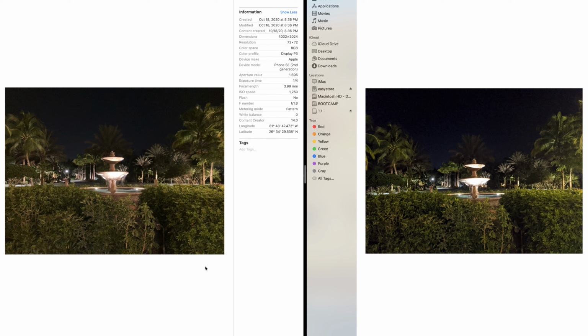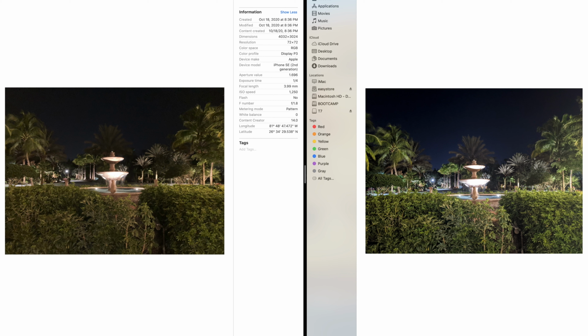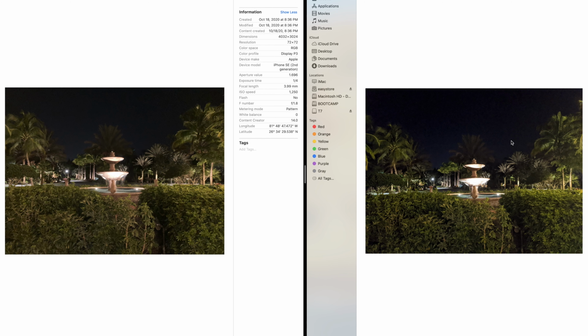This, however, should be a no-brainer if you're deciding between which phone to buy. The iPhone SE 2020, like I said, you only have one camera mode. You do have a portrait mode, but there is no long exposure mode like you get on the Pixel 4a. You can tell that the Pixel 4a is a night shot by actually looking in the top right-hand corner here. You will see it does say .night.jpg, whereas if we go back on the Pixel 4a, you get just a regular